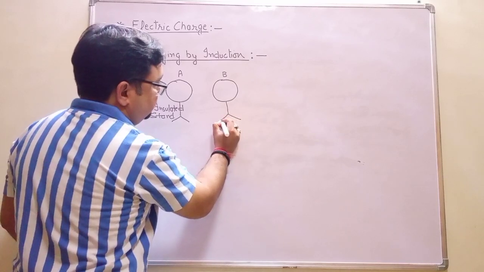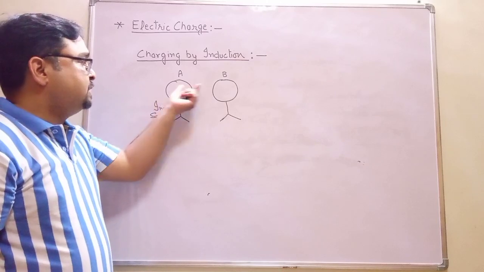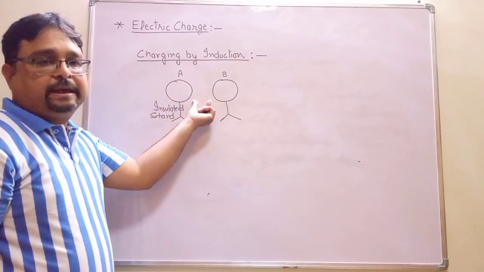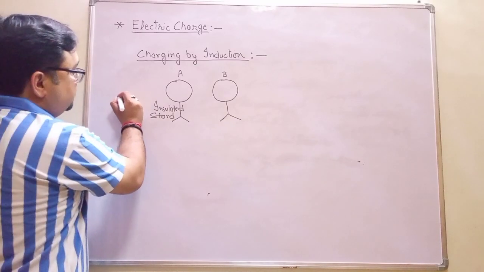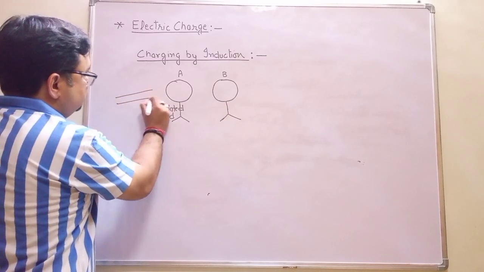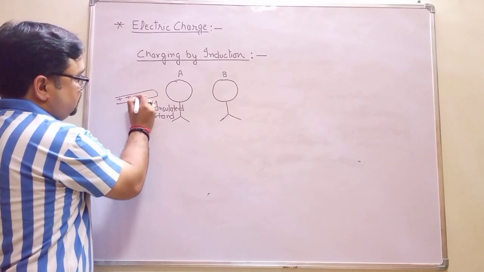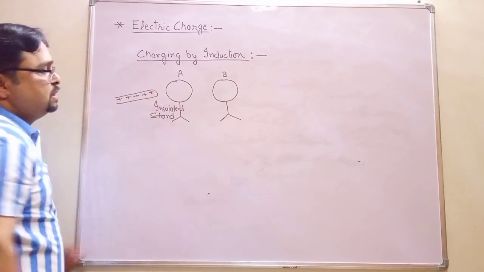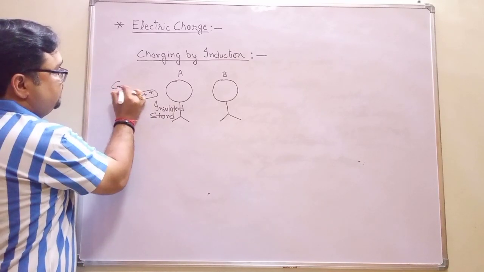Same stand we have used for the B sphere, metallic sphere. Now in these two metallic spheres, there is a particular distance in between them. If we bring a glass rod which is positively charged,